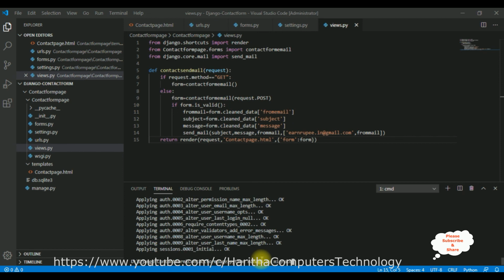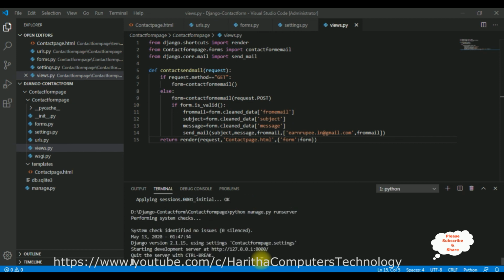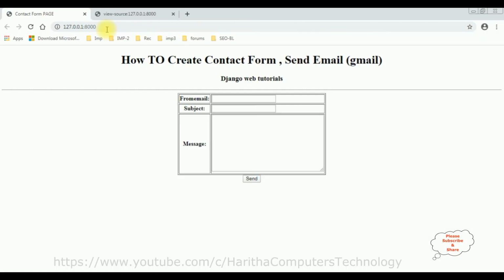Now let's run the server. Enter. So after running the server, we don't have any issues and there are no warnings, the migrations warnings. Let's reload this browser. So now we got the from email, subject and message. Let's enter. I want to enter the from email. I'm sending charan@gmail.com and the subject is hello, and this is the test mail Django